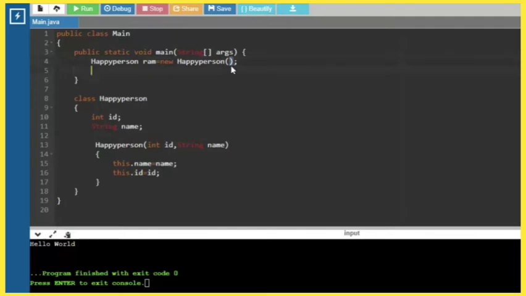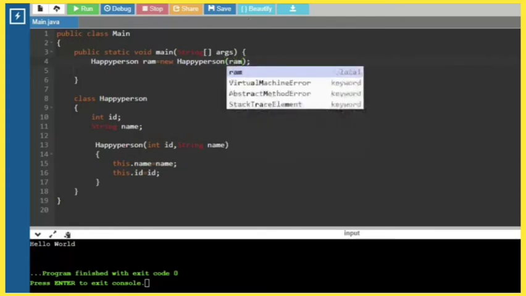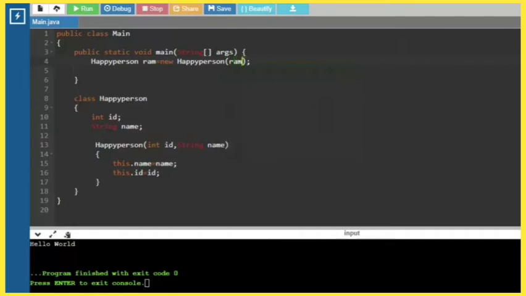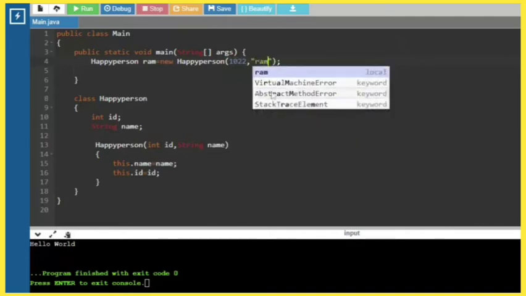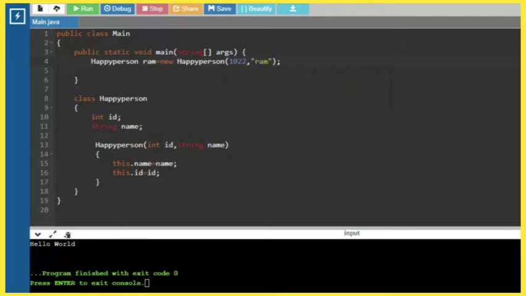So in this main class we will create an object for the happy person. Happy person, let him be Ram, that is the object, equal to new happy person.